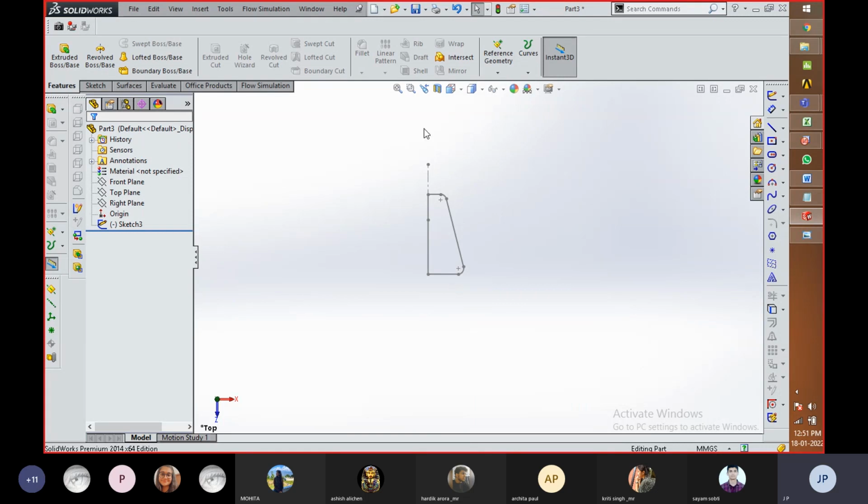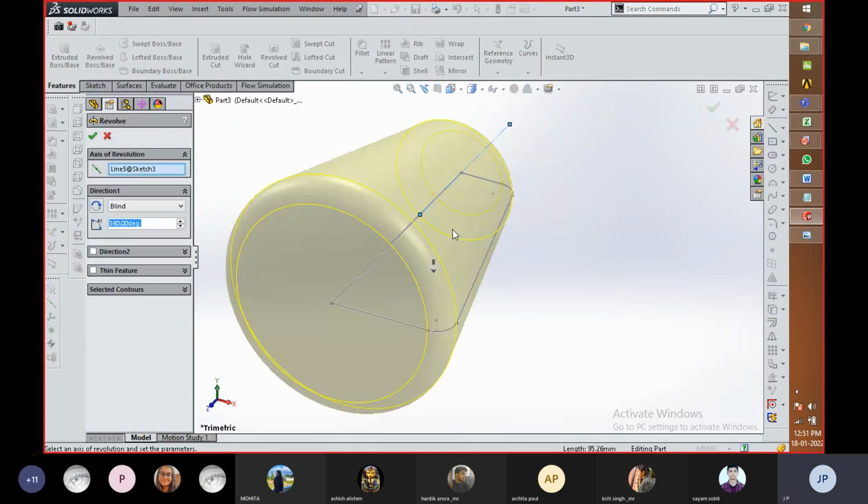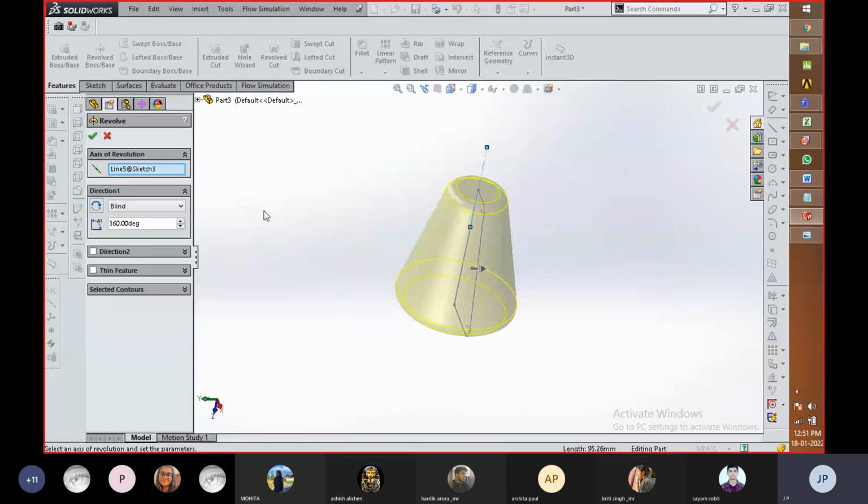With the help of space bar, you can opt this window. Wherever you are keeping the cursor, it is going to be a pop up. So the space bar does the same thing which you can opt from here. So if I am going to create a revolve, then select the sketch. Now you can see that whatever sketch profile I created, it actually revolves around this axis with the help of this revolve feature.